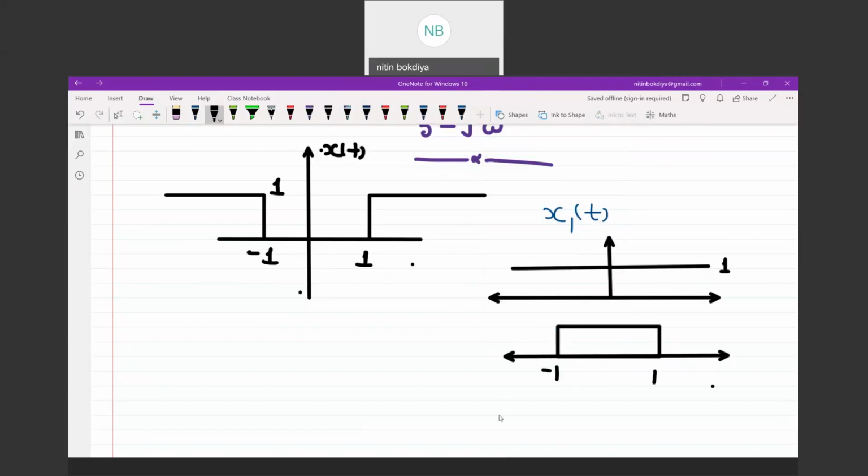So can I say that if I subtract this second function, x1 of t minus x2 of t will be this function? Because in the interval of -1 to +1,